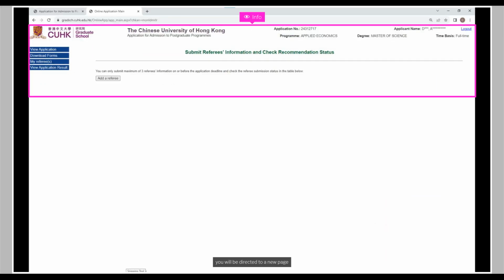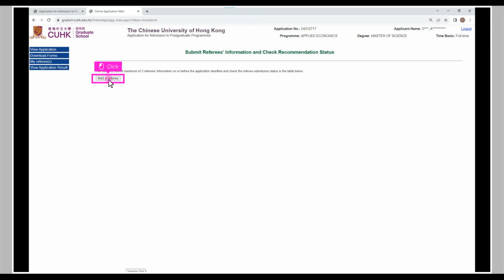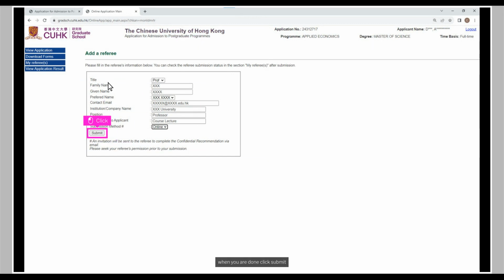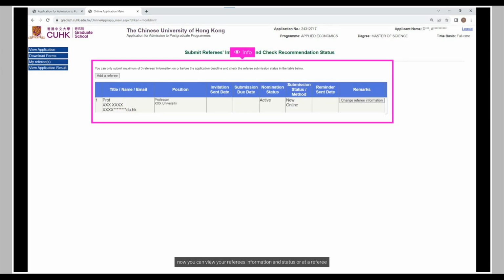You will be directed to a new page. Click Add a referee. Please make sure that you fill in accurate referees' information. When you are done, click Submit. Now you can view your referee's information and status,